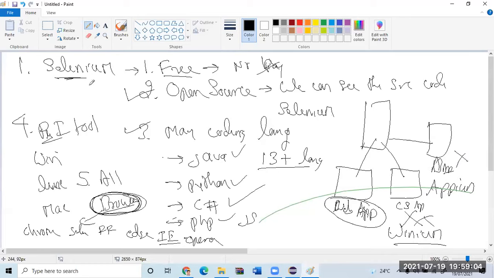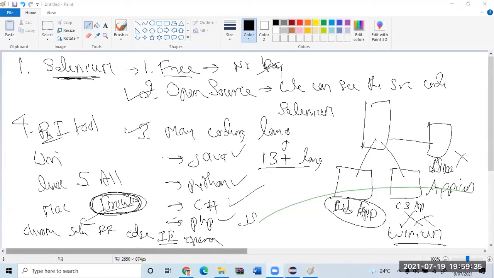Okay. So what is the major disadvantage of Selenium? We can test only web applications. We cannot test standalone or client server applications. We can test only web applications in browsers. Are we testing the browser, or are we testing the application present inside the browser? The application present inside the browser. Don't say that we are testing the browser. No, no, no. We are testing the application which opens in the browser, right? Any question till this?